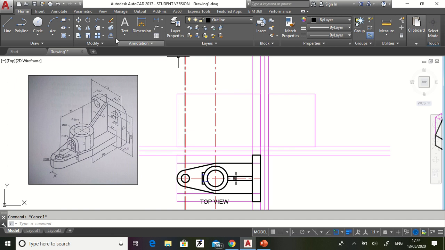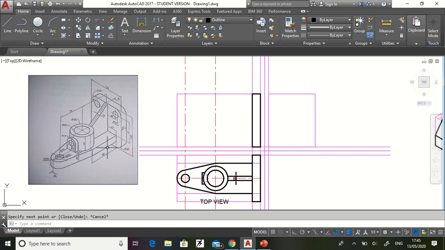So let us draw. We will start with the line command from this point to this. This below is 130, then again 20 and close.